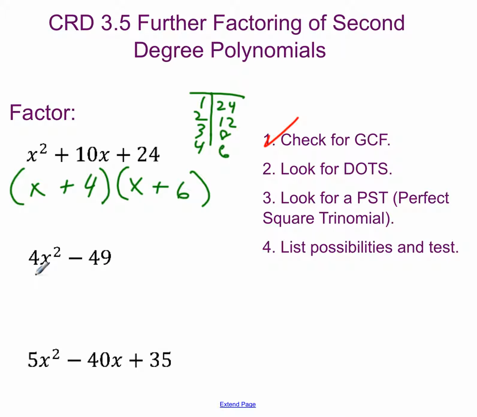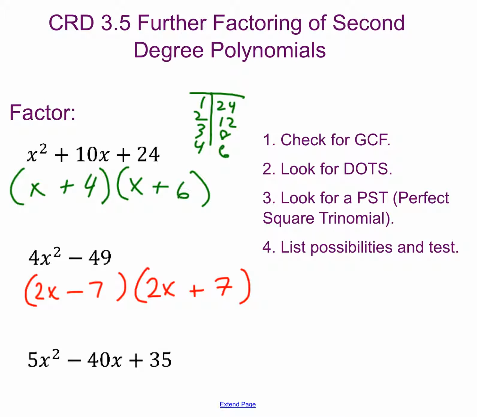The reason why this is my favorite kind of factoring is because it's easy to see and it's easy to factor. It's just the square root of each term, and then the negative and the positive. And the reason why one is negative and one is positive is because my inners will give me negative 14x and my outers will give me positive 14x, which cancel out the middle term. So this is indeed a DOTS. I'm going to still check and make sure that nothing can be factored any further, but I'm pretty much done. So now I'm going to go to my third example,